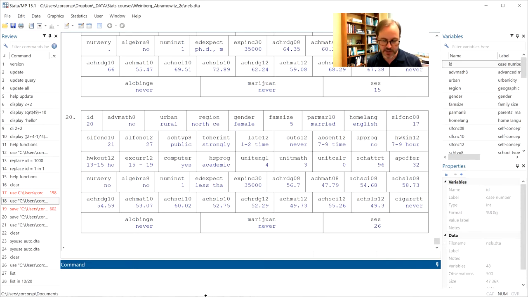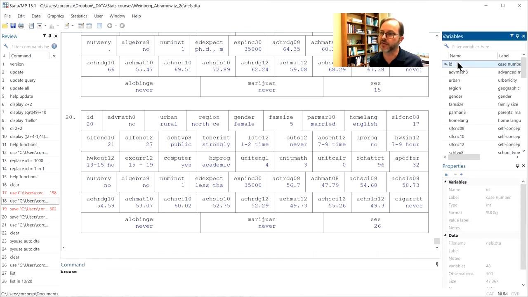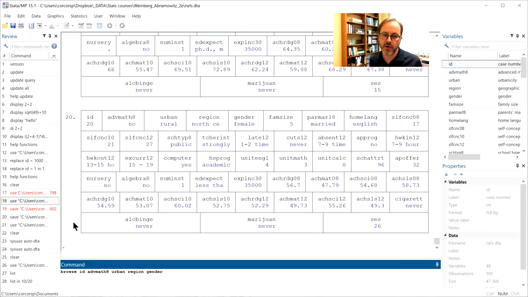Browse, sorry, I should have mentioned this earlier, is one way to open up that data editor in browse mode. If I wanted to browse but only look at, say, the first 5 variables, I can type the command browse and then list the first 5 variables. Whoops, I'm missing ID. Notice that I'm double clicking on the variable names. There we go. And it's dropping them down into the command window. That's a really handy feature of Stata because sometimes variable names are kind of awkwardly spelled, and to ensure that